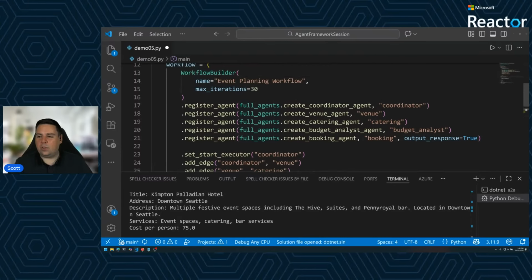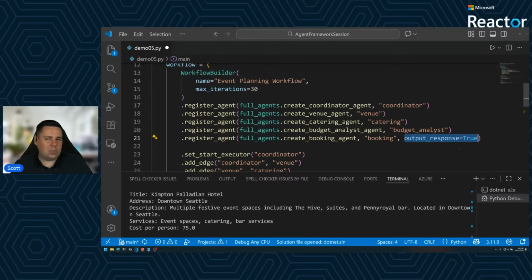The other thing you'll note up here is that I've set output response. This means that this is the actual bit of output that we care about. And this is really interesting, and it's the big pitfall that a lot of people run into when they first use workflows. Workflows can be paused and stopped at any point in time. You can use tools to interrupt them. You can use workflow state to interrupt them. But sometimes you really just want a terminal state, a final agent that, when executed, gives you output.